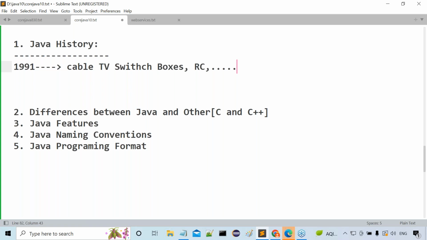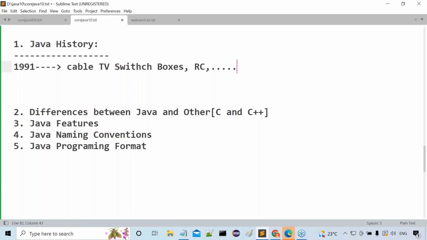Digest what I'm telling you now. Somebody else may ask you: what is the need for Sun Microsystems to prepare the Java programming language? What is the initial root cause? Your answer would be: in 1991, Sun Microsystems had a requirement to prepare softwares for electronic consumer goods. To prepare these softwares, they wanted to prepare a new programming language. As part of that requirement, they wanted to prepare the Java programming language.